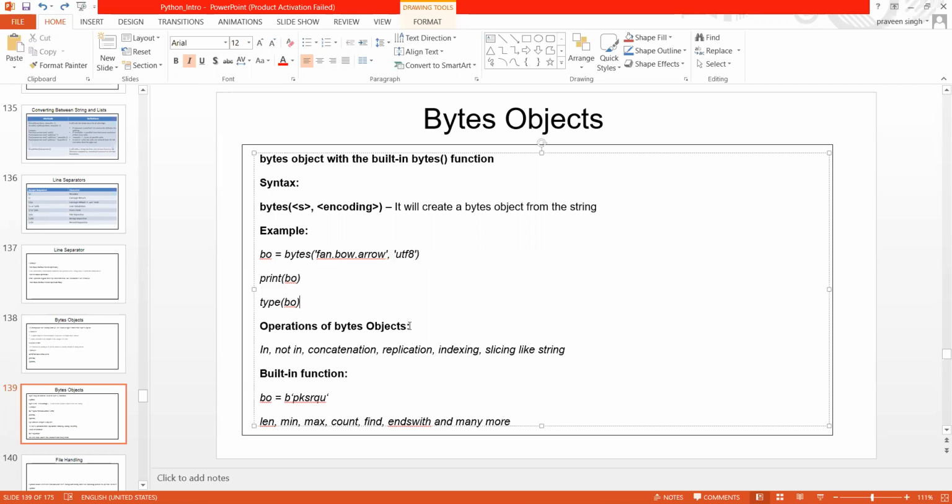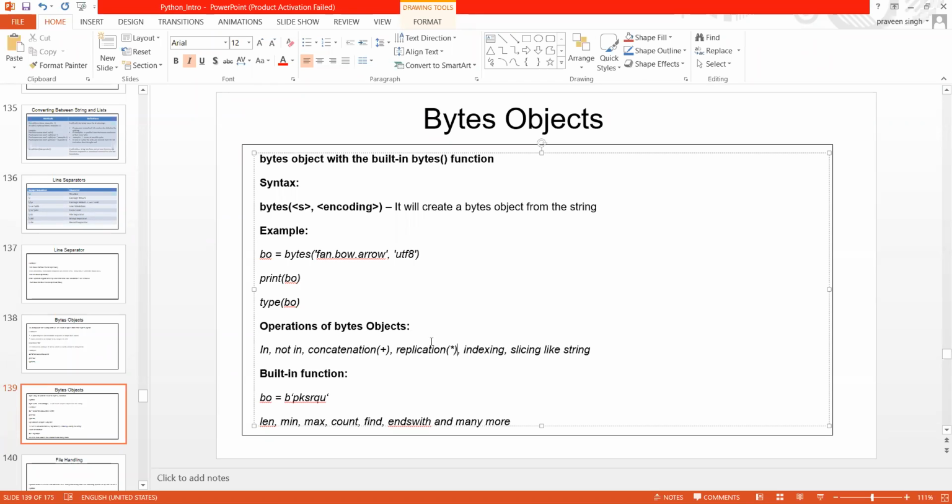Now there are multiple operations present on the bytes object. I don't know if many of you remember, like in operation, not in concatenation. When I say concatenation, what does that mean? Anybody? When I say concatenation, that means it has to be plus. When I say replication, that means it has to be multiplication.